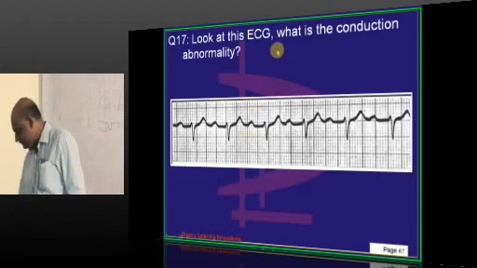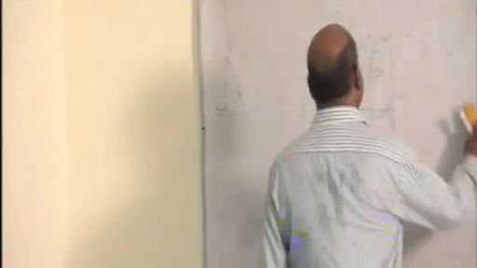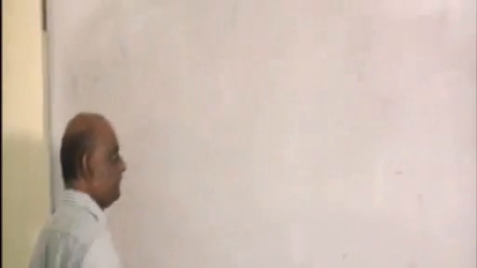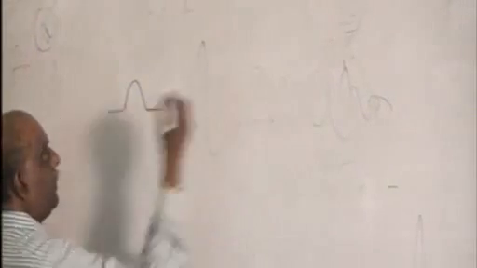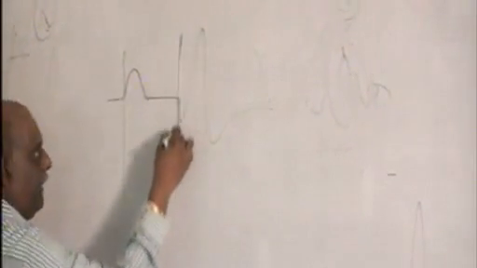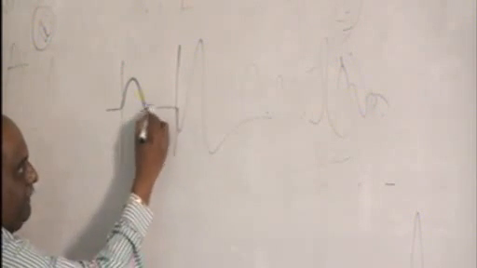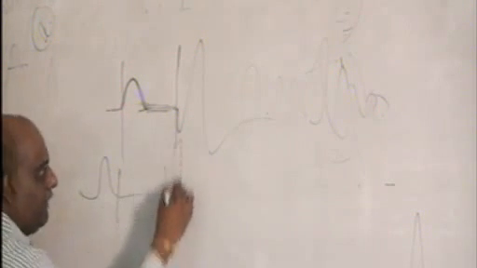Did you understand or not? P wave, QRS, doctor. So from the beginning of the P to the beginning of QRS, you are including the P wave along with the PR segment. But if you say end of P wave to beginning of QRS, then what is there? Only a segment. This is not called an interval. When do you call it an interval? If you include a wave in that, you call it an interval. Otherwise you call it an isoelectric segment.